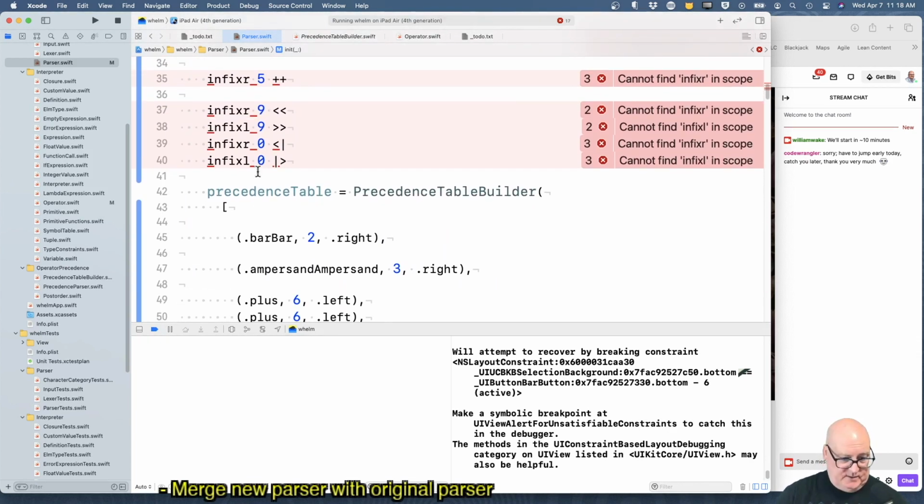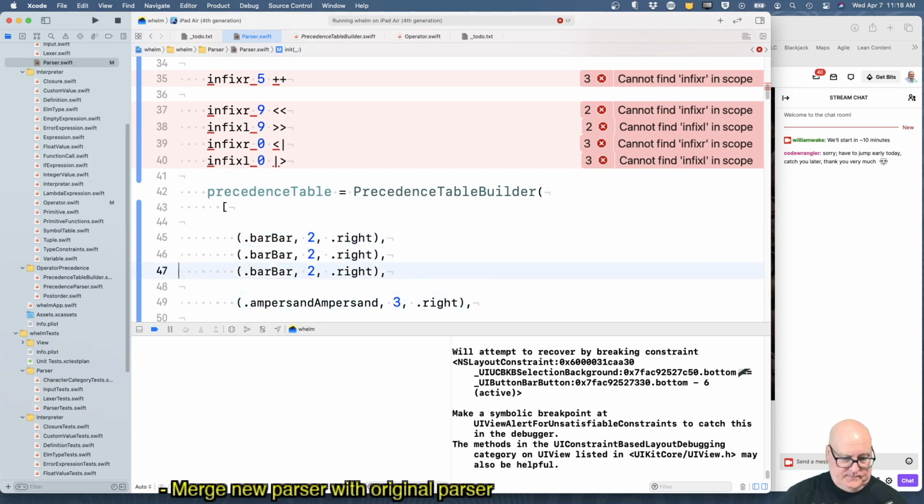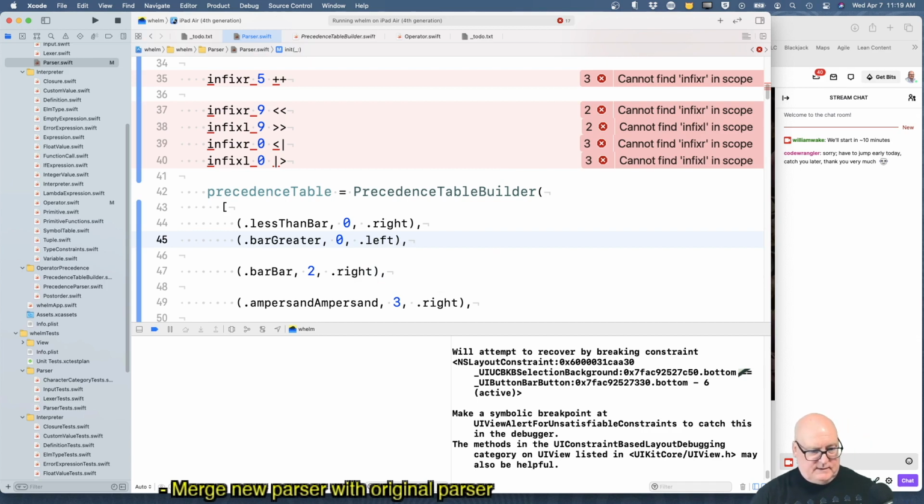Well, let's add the zeros while we're down here. The less than bar is right precedence 0. The bar greater is left precedence.